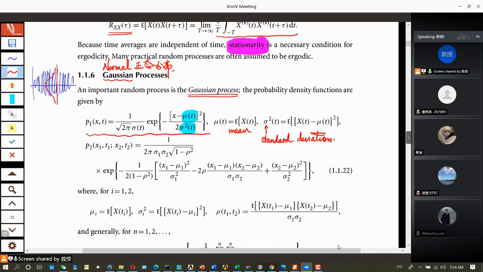This is the first order probability density function, and we can get the second order probability density function. Now you have the correlation between x(t1)